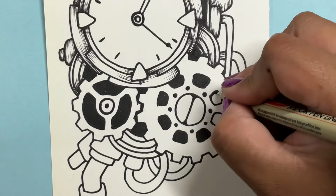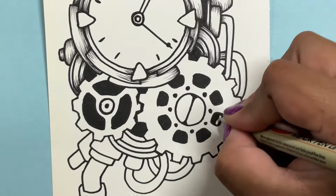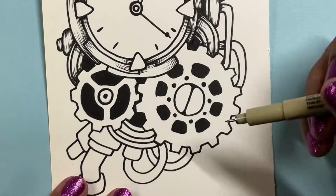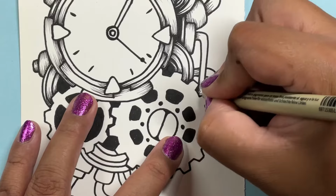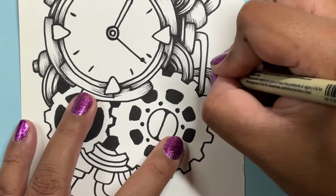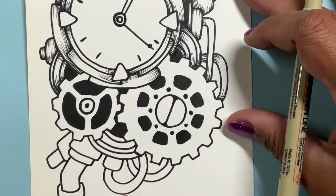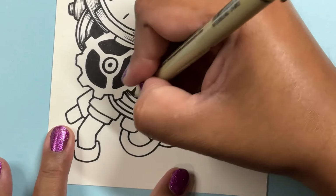Alright, so just going to finish filling those in. There we go. And so what I am going to just make sure that I keep going here with the detail. And I am still using the 03 pen, so it is a little bit smaller than the other pen. And so as we finish up the details on some of these remaining little elements here,